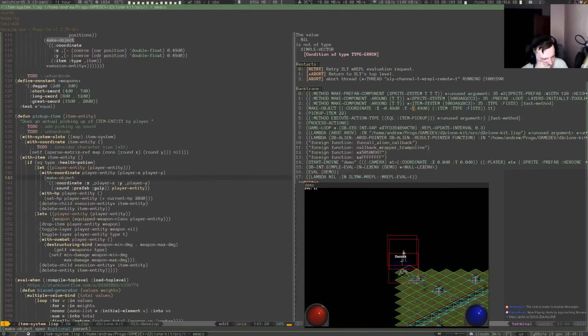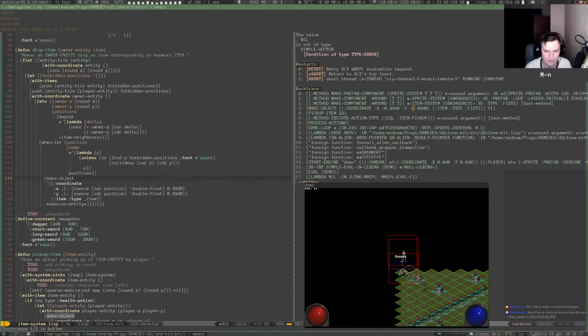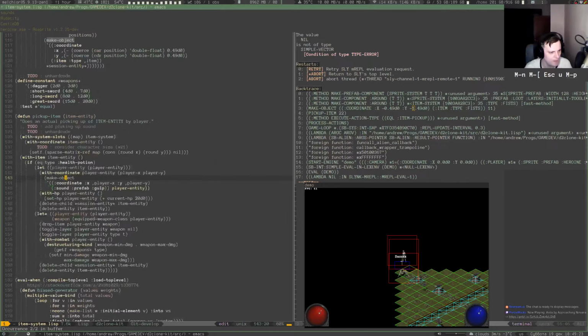Let's see. My coordinate, gulp. No, wait a sec. There should be another one. Drop item. Weird. Oh, I've changed something. Pickup item and then make object item type fists. Weird. How? Probably there is some